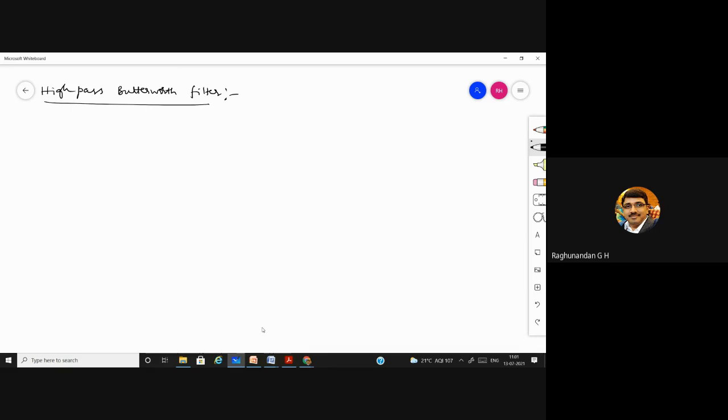Passive filter, because it is going to use a resistor and capacitor. Active filter, because it is going to use the op amp, which is going to amplify. So first we'll write the active filter part, which is going to use the op amp. Because of this only, it is called an active filter. So first, a non-inverting op amp is being written.